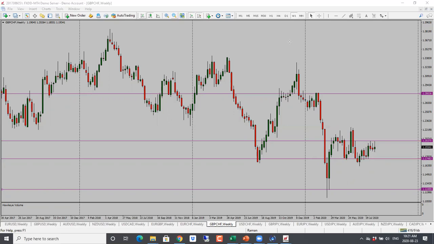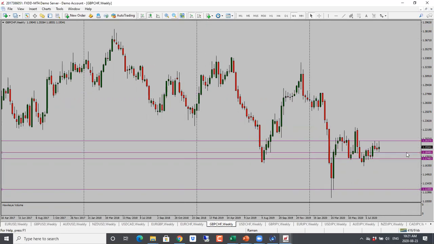1.1750 is the target, so bias is bearish. The concern would be this support level here at 1.1870. So if it doesn't break through the support level here, it may just turn around and go back towards